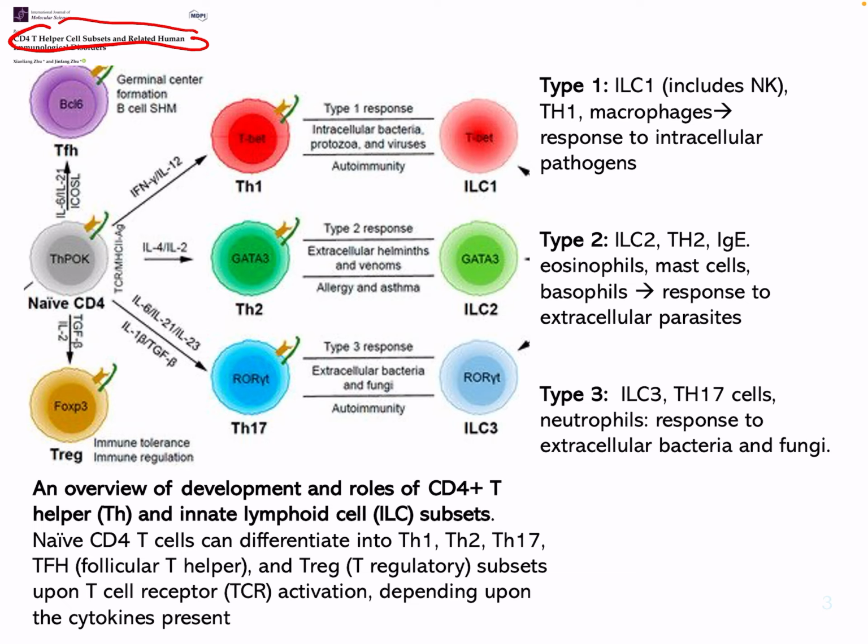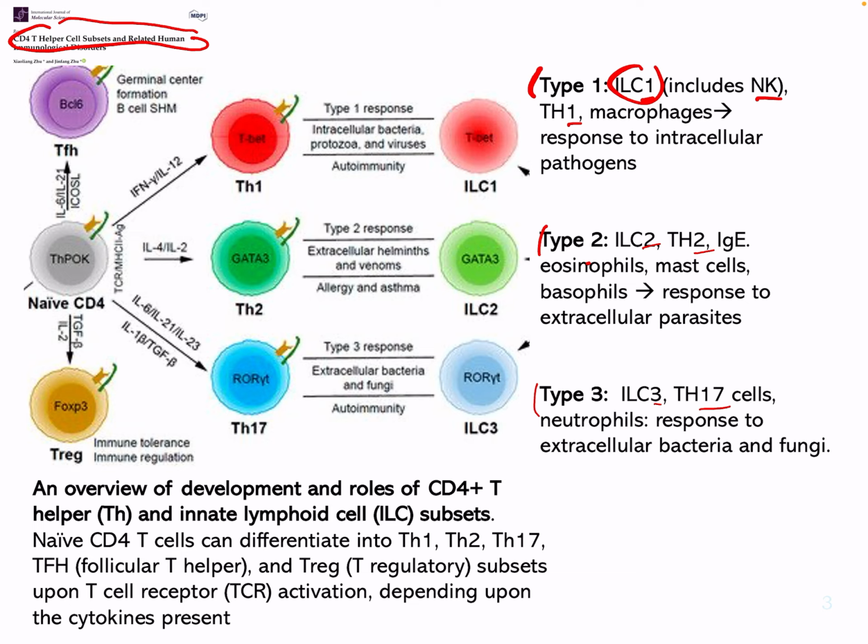So we have our type 1. Just let me clarify. Here we have our different types of responses. Basically, in several types of literature and in basic immunology, we can say we had a type 1 response, a type 2 response, or type 3. Coincidentally, they line up with the numbers, at least for most of them. That makes it kind of easy. So type 2 with ILC2 to Th2, type 1 to ILC1 and Th1, and then the exception would be type 3, ILC3, and Th17. So our type 1 response, our ILC1s, which includes NK cells, result in Th1 and macrophages,